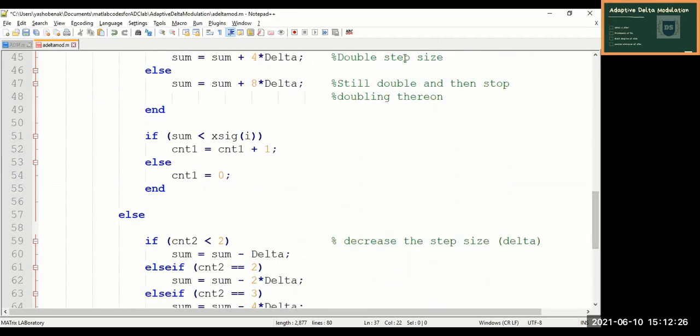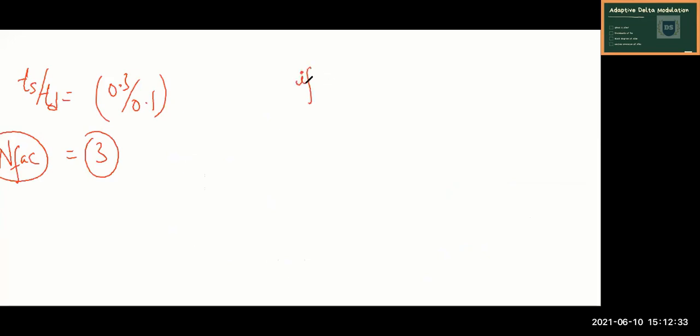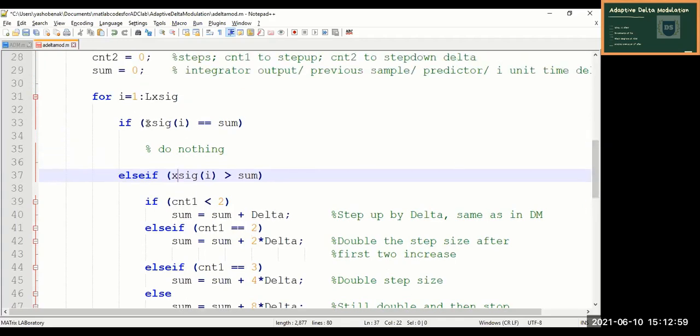By now you might have studied the structure of an if else statement, that is if, else if, and finally we'll have the else statement. So if followed by some condition, or else if some condition. In a similar fashion we have written this. So if x signal, where initial sample, initially our initial iteration value of I will be equal to 1. If the starting value is equal to sum, then do nothing, but this won't be the case. So obviously we'll move on to else if.